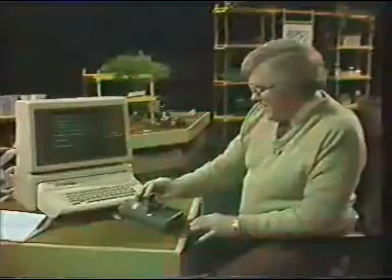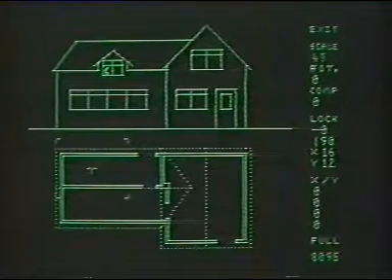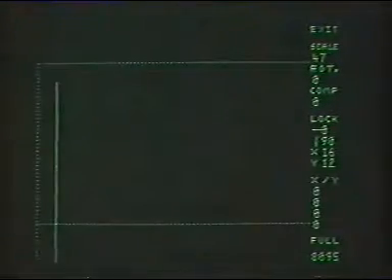And there are 3 control buttons here, which will enable me to select various things on the menu. Well, we've got a house here, and we can look at it in much more detail by positioning this cursor on and either zooming in or out onto a section we're going to deal with. This one is going to be the dining room, so we'll zoom in on that, and it'll redraw it